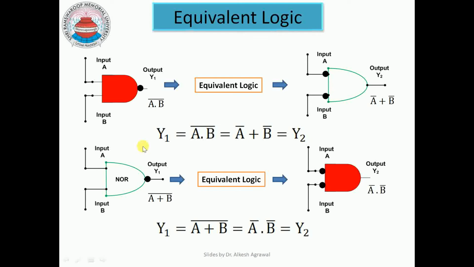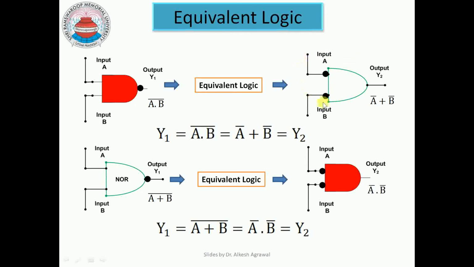So, first of all, before discussing the NAND implementation, we have to discuss the equivalent logic. Here we have a NAND logic, and this NAND logic is equivalent to invert OR logic. That is, this can be taken as AND invert logic. So this AND invert logic is equivalent to invert OR logic. So in AND invert logic we have (A and B) inversion, which is equal to A inversion or B inversion using De Morgan's theorem.